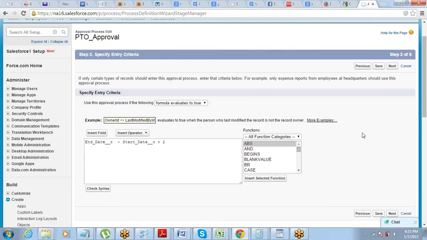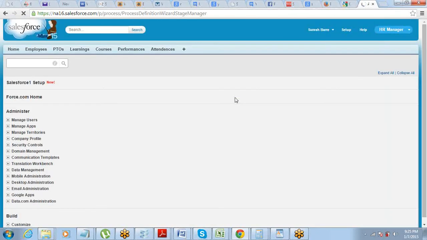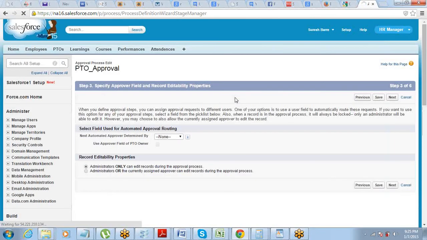Right? No, the applicant will not get any message if you have not defined the email alert for rejection.